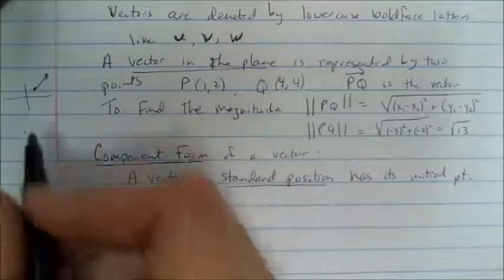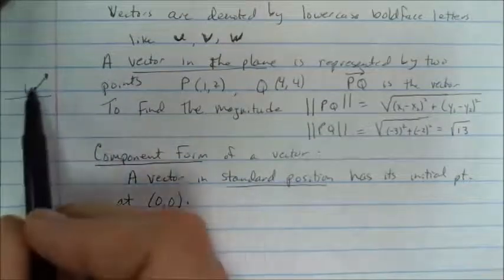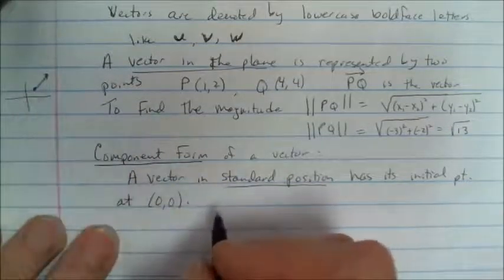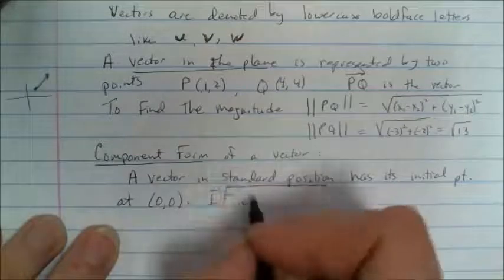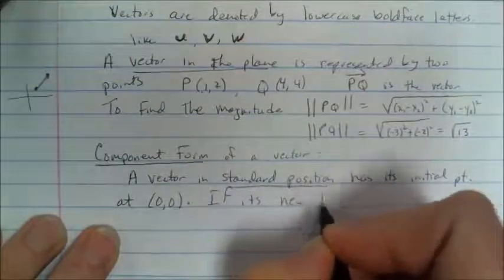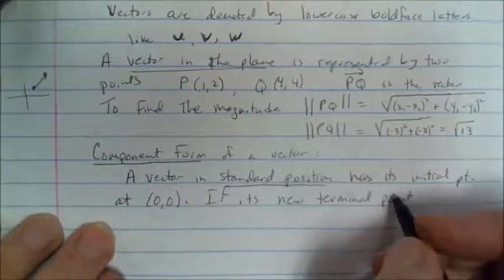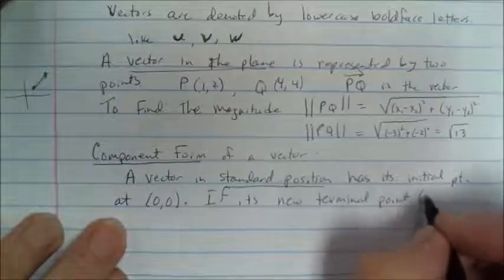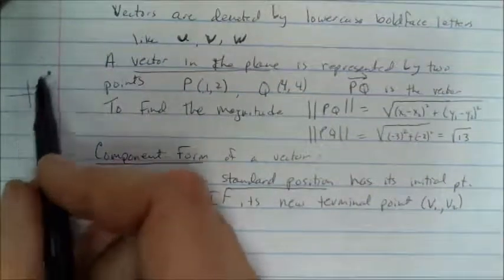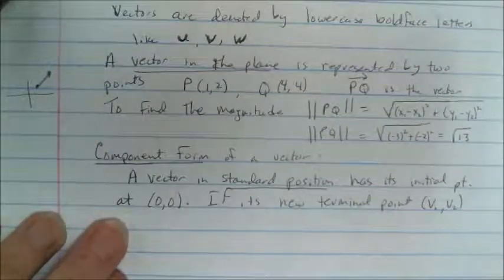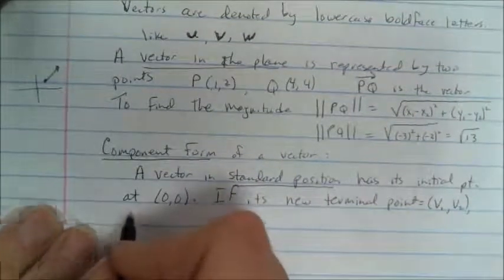So if you move this back to the origin, then of course the terminal point would have to move in the same horizontal and vertical direction. So let's say its new terminal point, let's call it v1, v2 for vector. If you move that back to the origin, it'll have a new terminal point, and let's say it's equal to that, then the component form